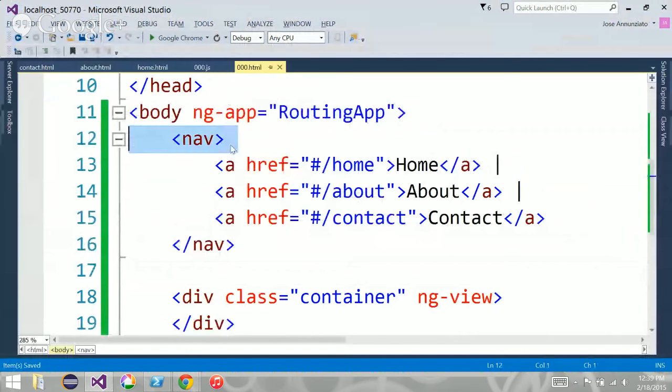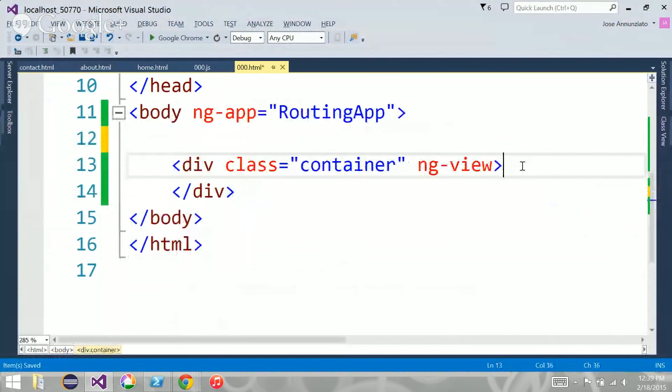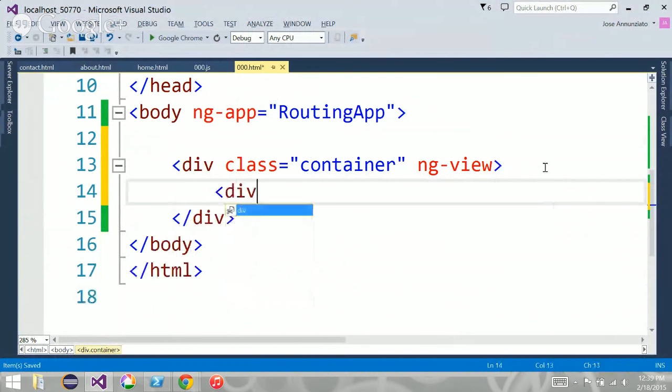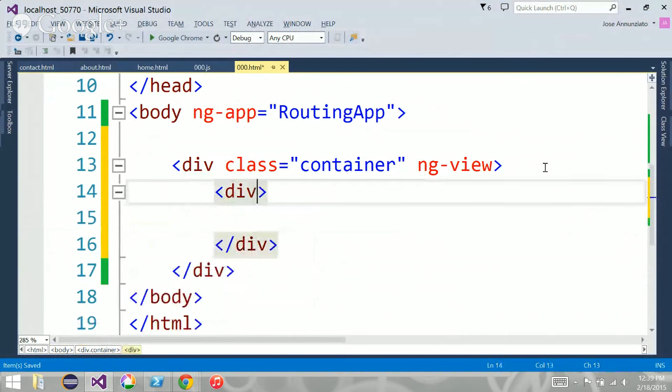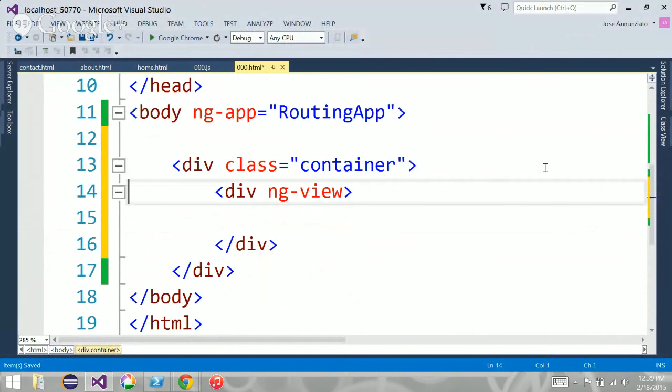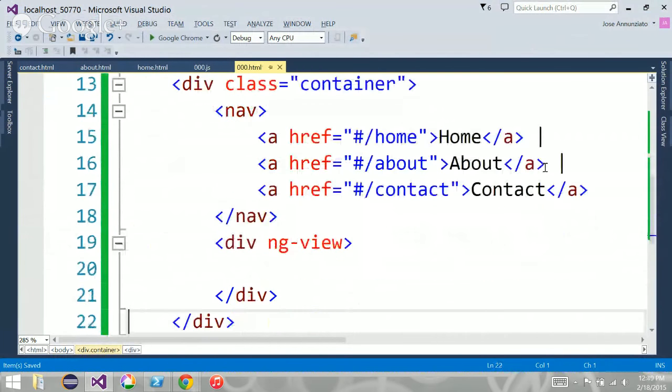Maybe over here, take that away, and put in the ng-view here, and put the navigation here, and now it's shared amongst all the pages. See that? I don't have to copy and paste it everywhere.